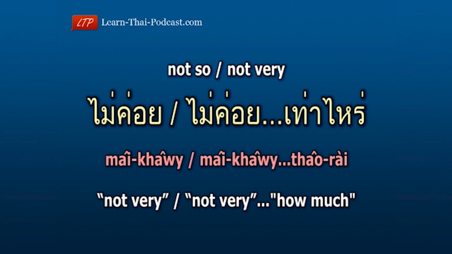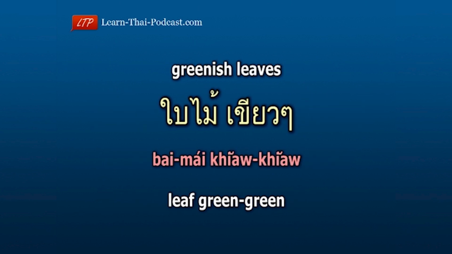In Thai, another way to modify adjectives is to duplicate adjectives to make the meaning less precise. It's similar to the suffix ish in English. For example, greenish leaves. ใบไม้เขียวเขียว Leaf, ใบไม้ green green. เขียวเขียว Leaf green green. ใบไม้เขียวเขียว